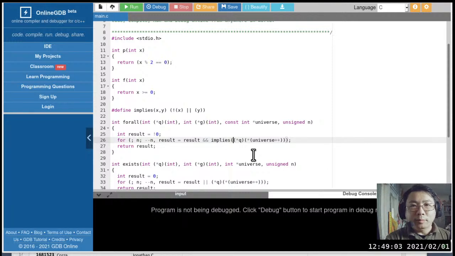The left-hand side of the implication is the application of the function that g is pointing to, and then we have universe here, and I'm just looking at the parentheses. Now this plus plus, I think it will still work like this because the plus plus means after, and that means after the entire expression is evaluated. So it's not going to do the increment because there's no specific order.